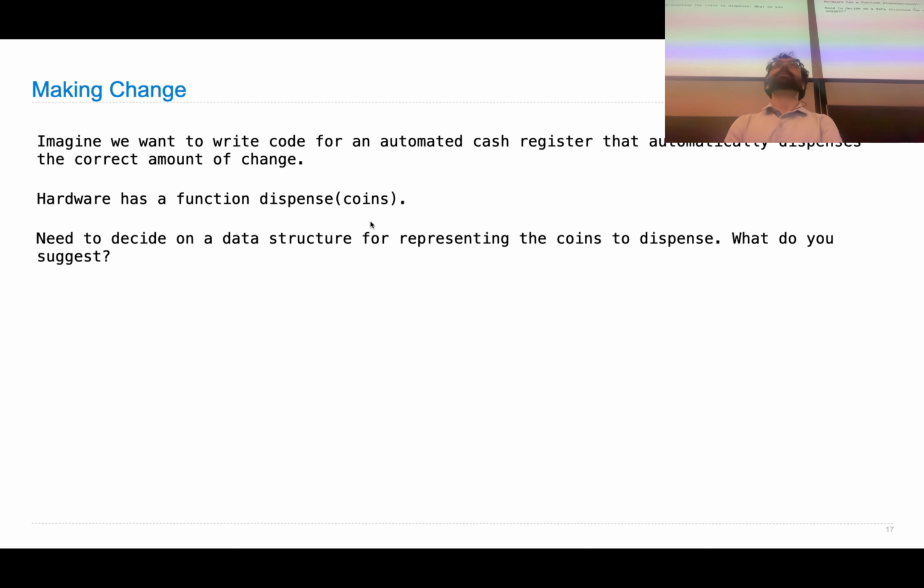A list, sure, a list of integers. That seems like a perfectly reasonable possibility, and I think that's a great starting point. So you could just use a list of coins. I'm going to do something different, which is I'm going to create a class called coin combination. Why would I ever want to do that? Why not just use a list of coins? You might want to dispense, let's say, 3 times 50 cents, 2 times 20. Well, you could have a list, though, that has 50, 50, 50, 20, 20, and that would be okay.